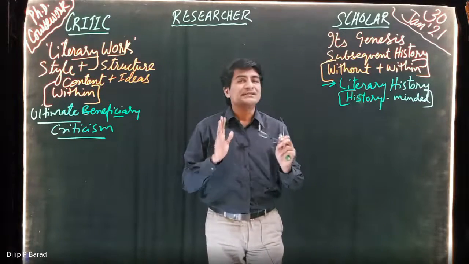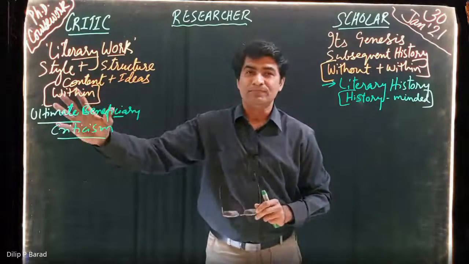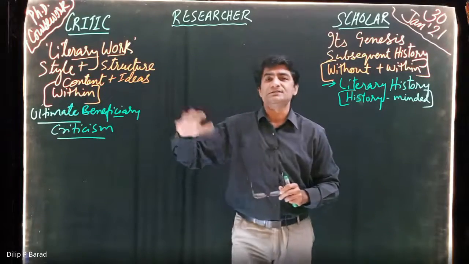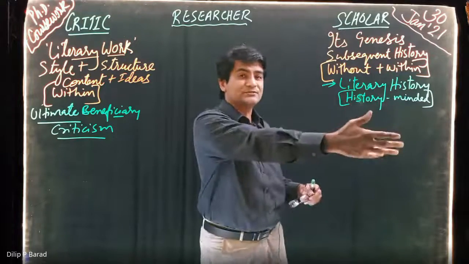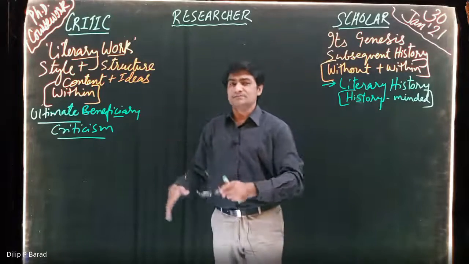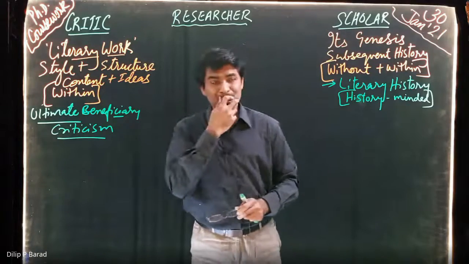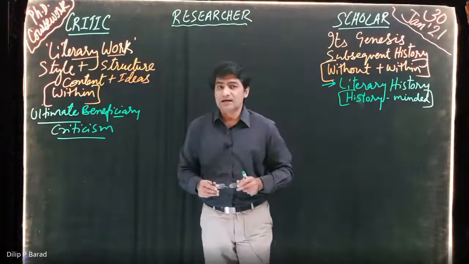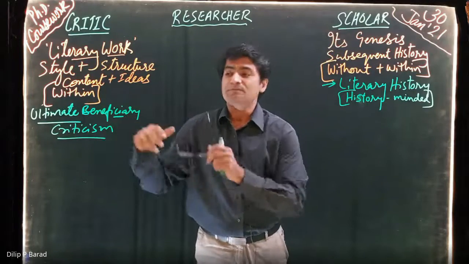Now, if you want examples for all this, then here you can say New Criticism. I.A. Richards, T.S. Eliot. T.S. Eliot still talks about tradition and other kinds of things. So he is trying to be like a scholar. But practical criticism, which Cleanth Brooks, Wimsatt, I.A. Richards were talking about, that is more about criticism.